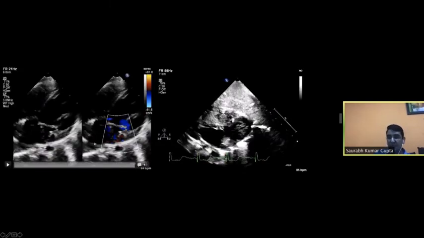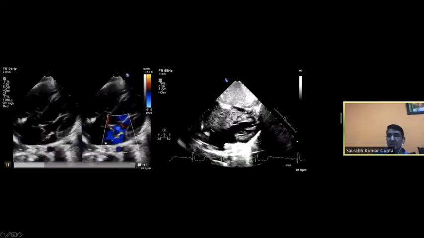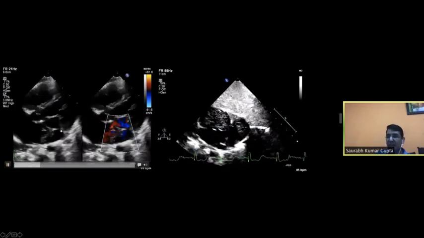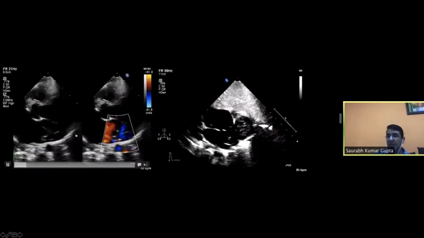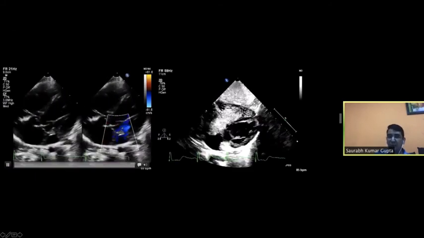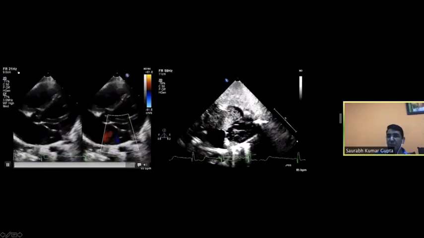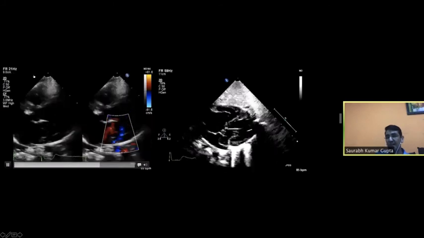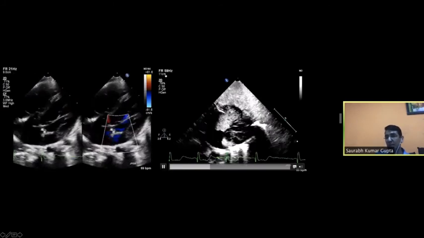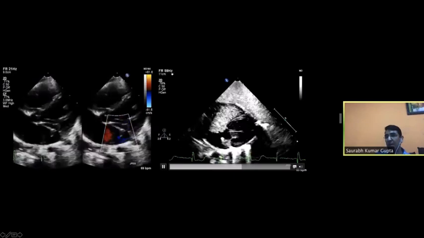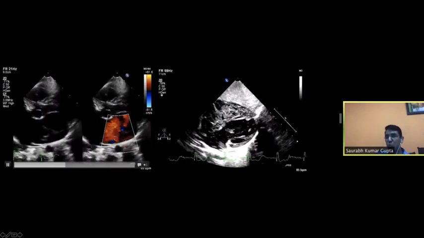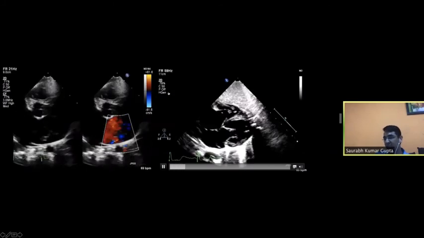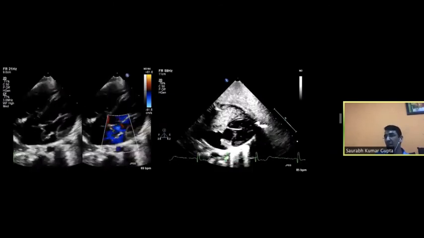Now the question is, why did contrast Doppler miss it? Part of the problem here is, one, the contrast doesn't pick up small, tiny flow. And one of the reasons for that is, if you look at this frame rate, it is at 21 hertz, which means that you are scanning the heart at 21 frames per second. On the other hand, when you are doing saline contrast echocardiography, it is 59 hertz here. So you are scanning the heart more than 2 times as fast, so your chances of picking any small shunt are much higher.